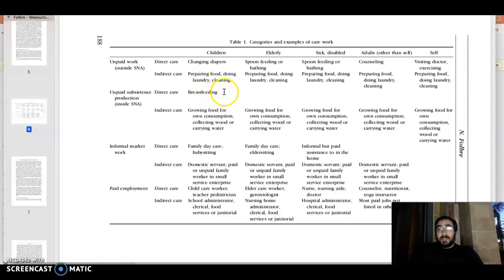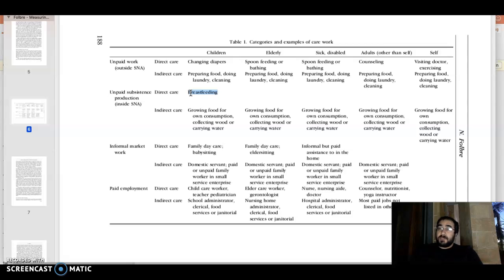One interesting element here is breastfeeding. According to Nancy Folbre, this is a kind of subsistence production. The input of the food preparation is the milk, and in this case, the milk itself is the product of the mother's body. So we have a product that is produced by the body of the mother and given to the child. And the question might be whether this should also be included as something that mothers are producing, in addition to the time spent by the mothers.